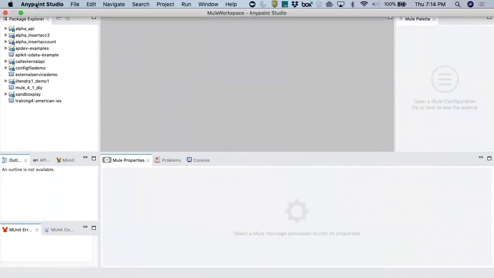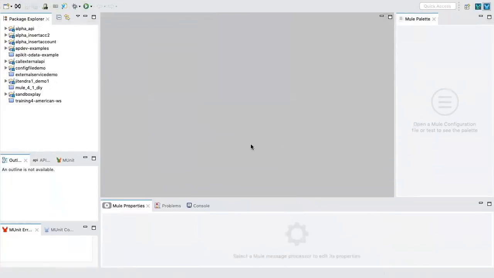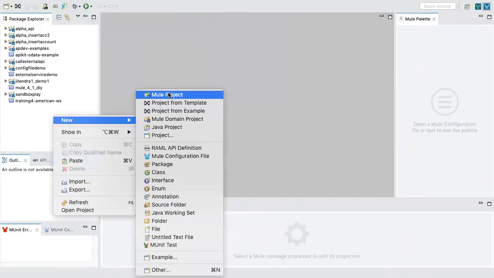So this is Anypoint Studio. What I said, right? This is Eclipse. If you ever worked on Eclipse, what I'm going to do is create a new project. How to create a new project in Eclipse? Right click, new. Okay, here is what I'm going to do.